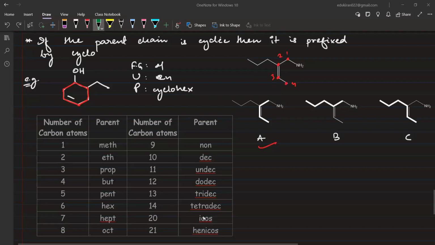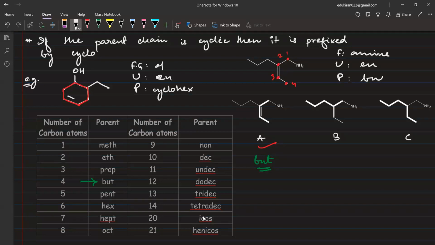आई होप ऑल। अच्छा इसमें ए जब लिखा ना तो आपने ऐसे लिखेगा, ब्यूट लिखेगा फिर, है ना, क्योंकि सॉरी 4 कार्बन के लिए क्या ऑप्शन है, ब्यूट ऑप्शन है। ठीक है, सो दिस इज गोइंग टू हैव पेरेंट की जगह क्या लिख देंगे, ब्यूट लिखेंगे। ओके, if I write all the 3 things तो क्या क्या लिख सकते हैं हम यहाँ पे बताइए? फंक्शनल ग्रुप इज अमीन, unsaturation is En, and parent is bute। बात समझ में आ गई हाँ या ना, जल्दी बताएं। Is this clear? Yes or no? Please tell me guys।